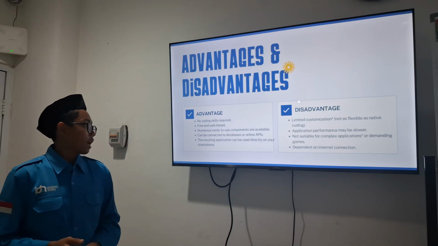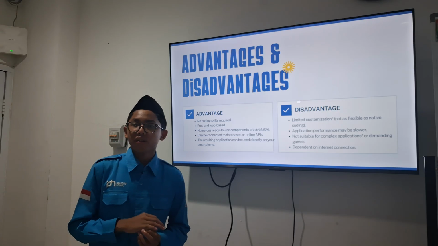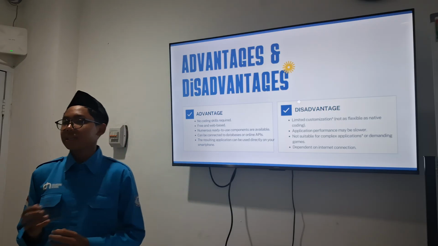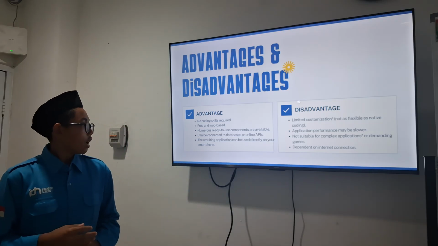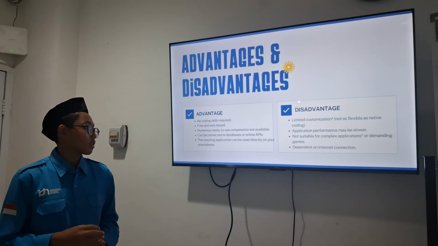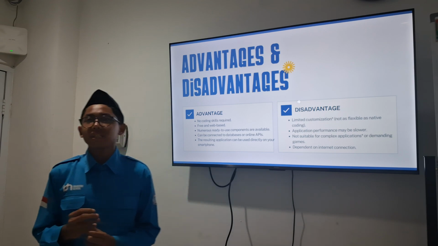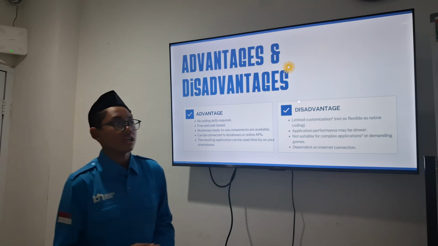Numerous ready-to-use components are available, like database, Wi-Fi, and other things, it can be connected to databases or online APIs, and the resulting application can be used directly on your smartphone or in the Codler companion app.